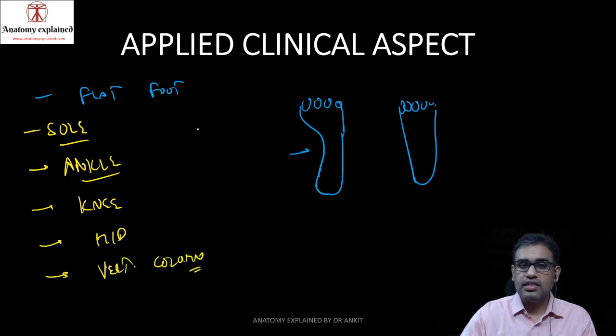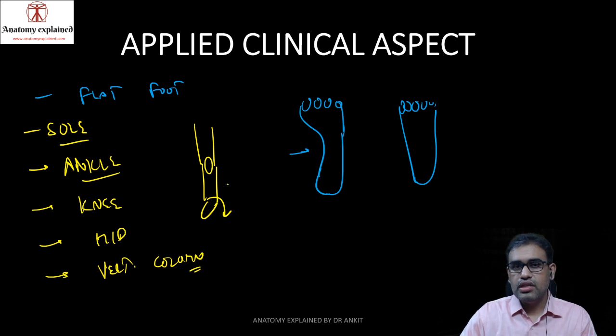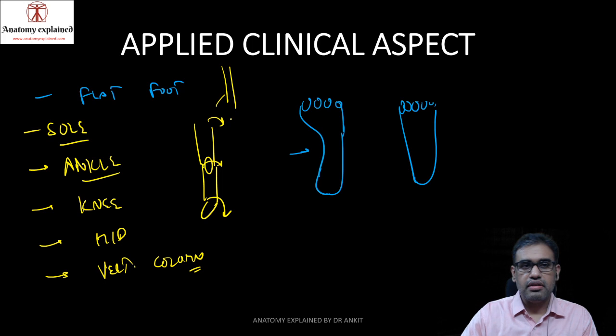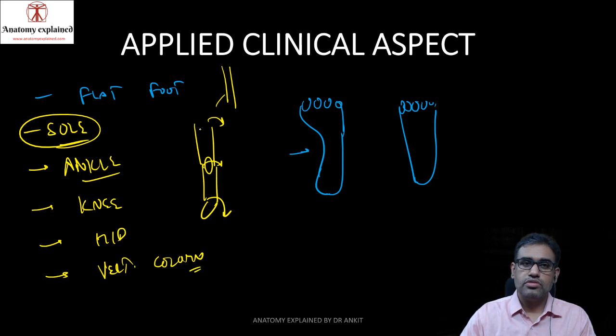because if you can see that this is supposedly the whole alignment. Now the whole alignment has actually shifted medially, so therefore there's a shifting of the knee, shifting of the hip joint, and subsequently the vertebral column also, they are all misaligned. So therefore chronically the patient may develop arthritis and all, apart from immediate problems in the neurovascular bundles. So this is just one aspect. There are many other clinical aspects.